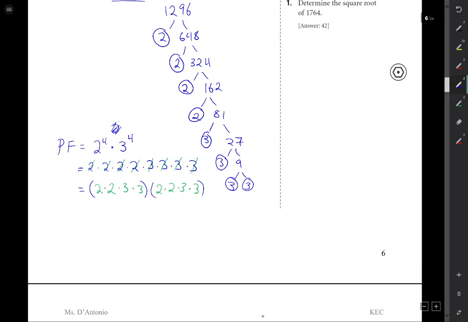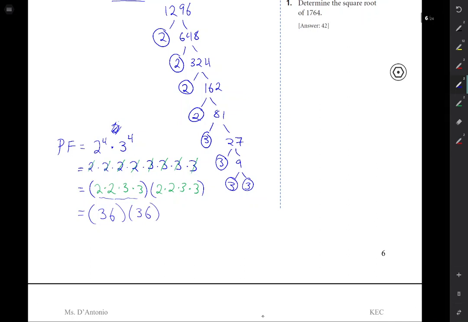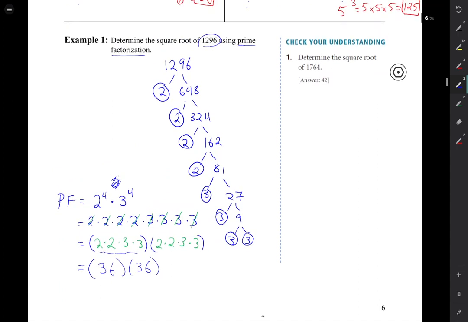So we would solve everything in the brackets first. So let's do it. We would have 2 times 2 equals 4, times 3 equals 12, times another 3 equals 36. So we would have 36 in each bracket. 36 times 36. And this is how we find the square root, because what this is telling us is that 36 times 36 is equal to